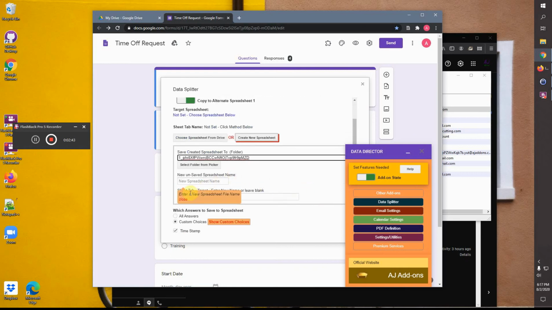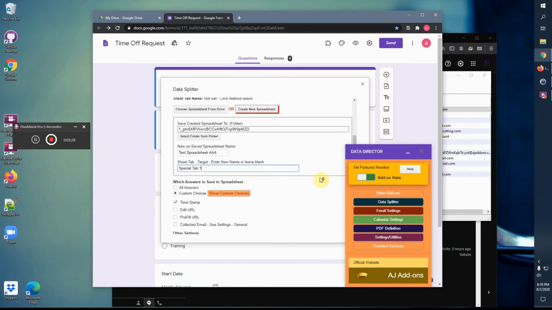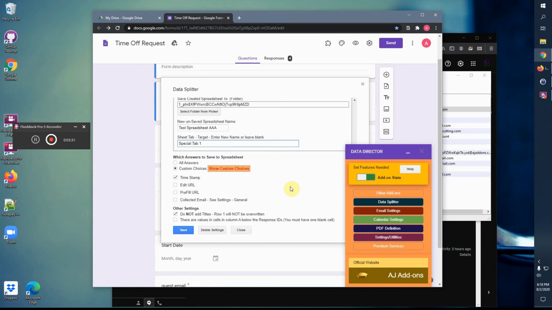Okay, so it's asking me to enter a new spreadsheet file name. Okay, let's just call it test spreadsheet AAA. Sheet tab. You can enter the name of a sheet tab that you want created. Special tab 1. So now we have set the target